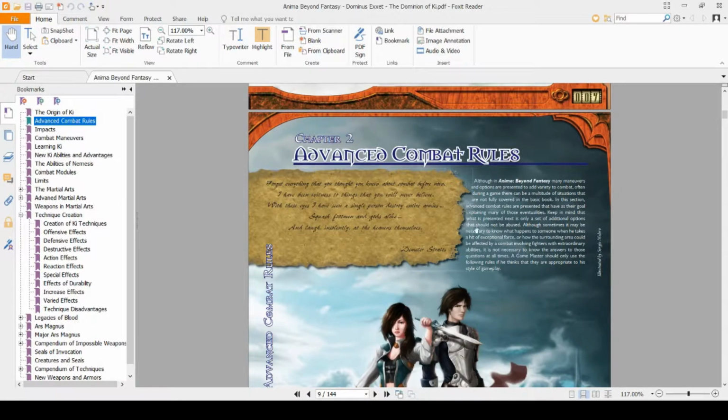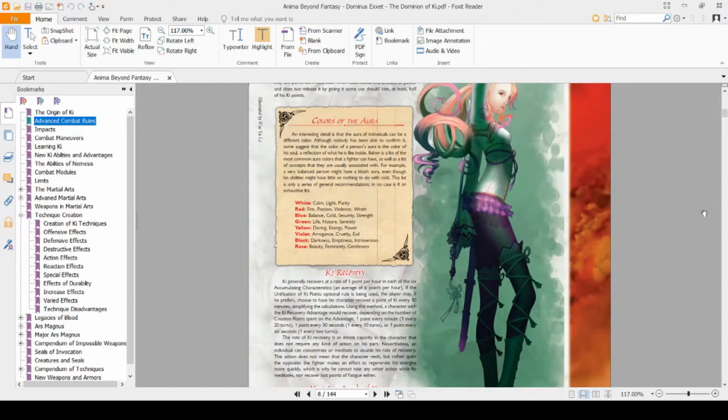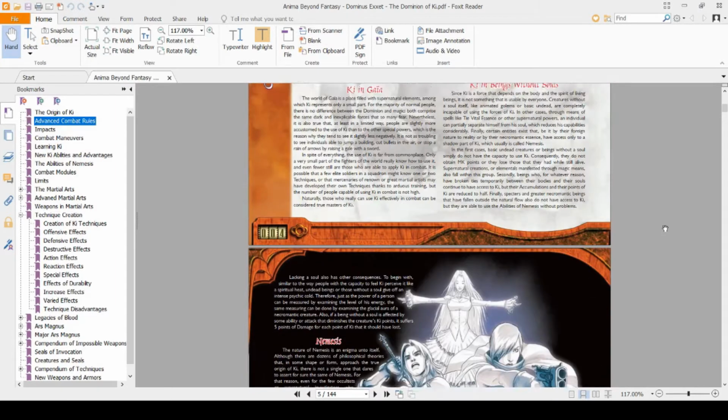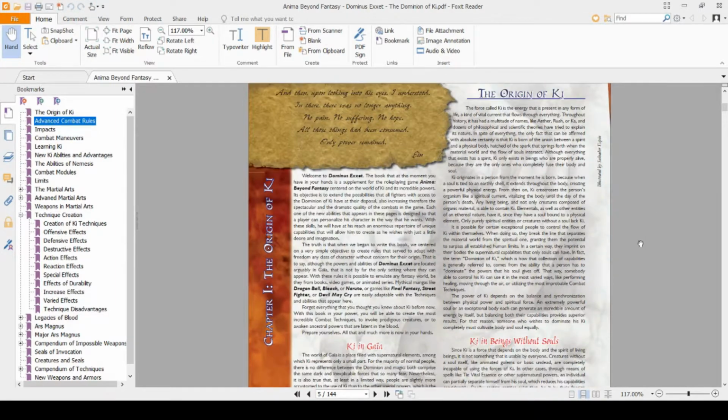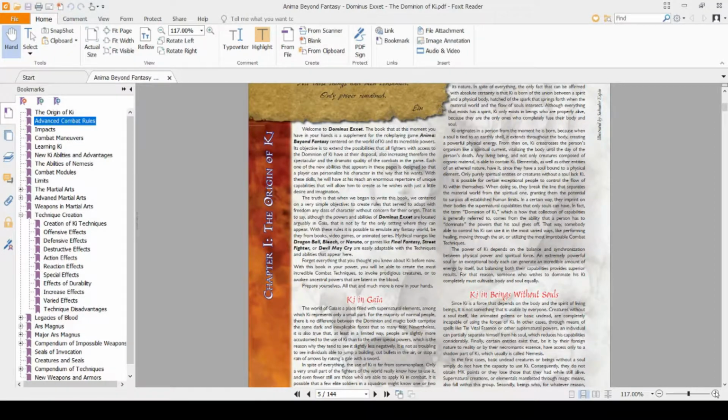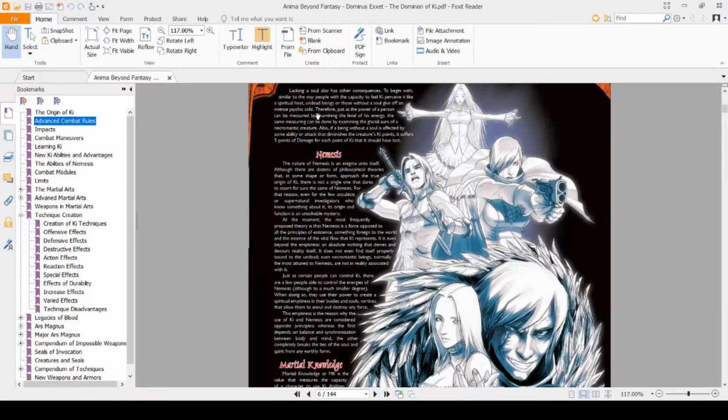So, the first part of this book is a lot of fluff. I skipped past some of it because I went too far. Oops. But let's talk about some of the important fluff in the book. Specifically, a big topic in this book is Nemesis, or the use of Nemesis in particular. It is